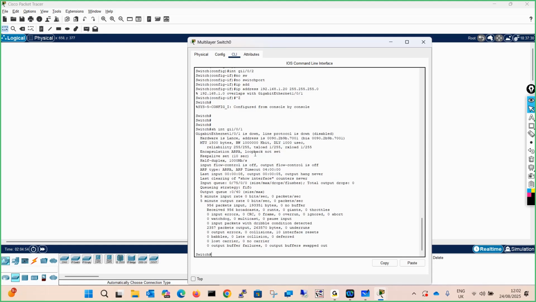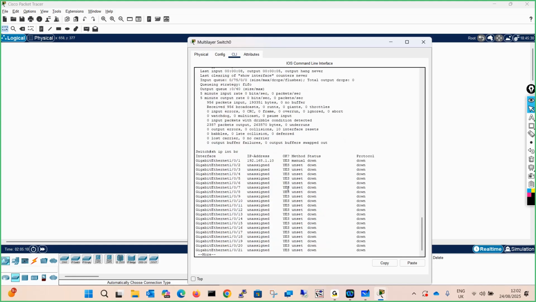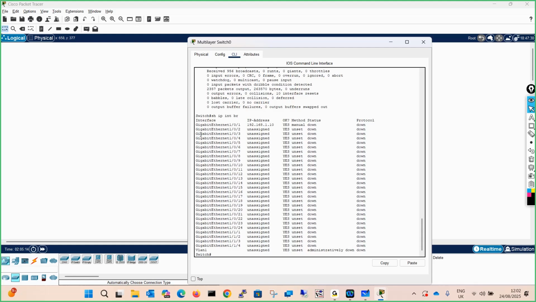Everyone has given this command. And if you want to check the brief details, show ip interface brief is the command. Hit enter. You can see that the IP address which you have configured is shown.